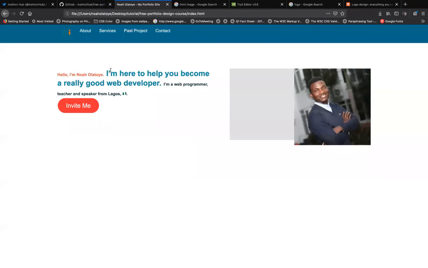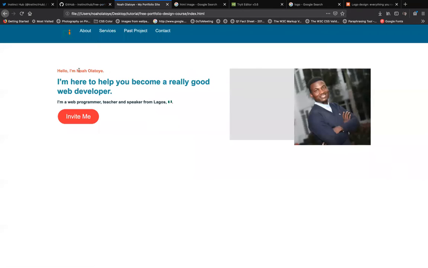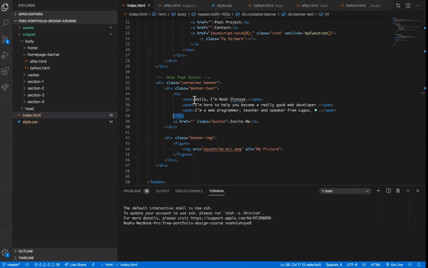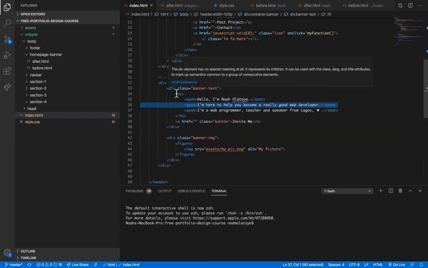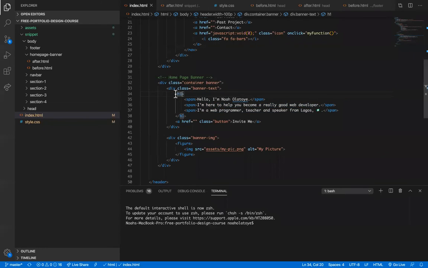I want this to be bigger, smaller. I want this to be bigger. And they are still one header, right? So that's why I wrap them in a span. You see, this is one span, this is another one, and this is another one, right? So in targeting them from my CSS, I know that I don't want my H1 to conflict with any other H1. So I want to be specific. So I say,